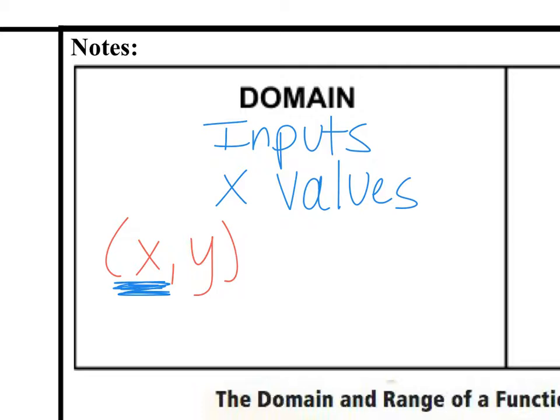And this is what we'll do a lot of today, is looking at a graph. If we're looking at graphs,